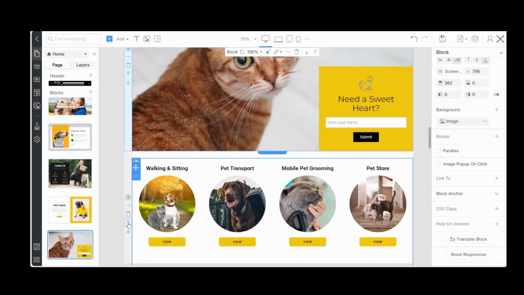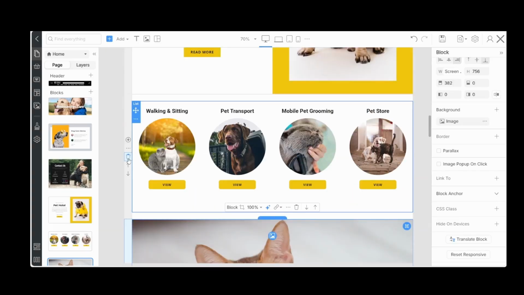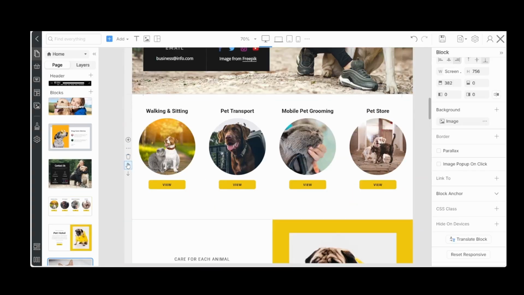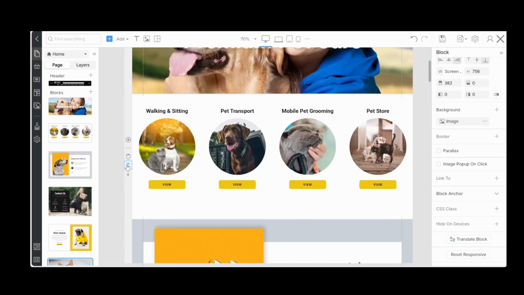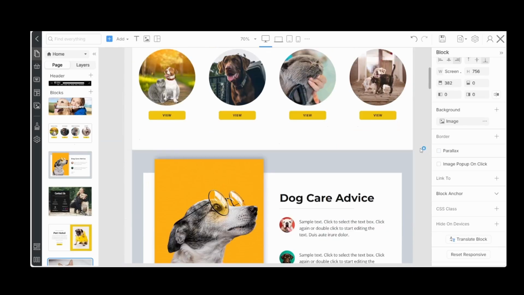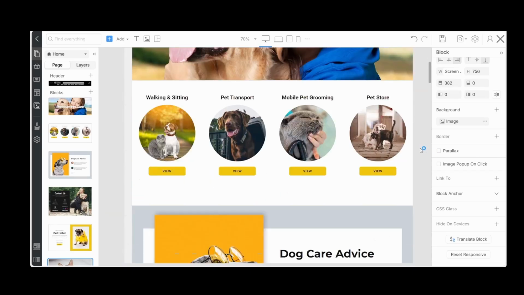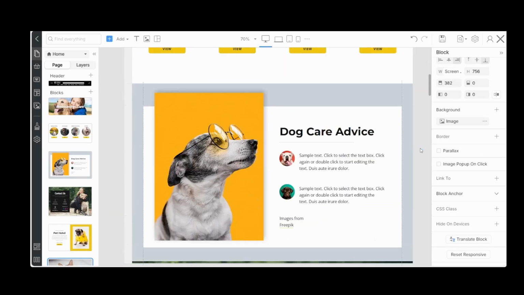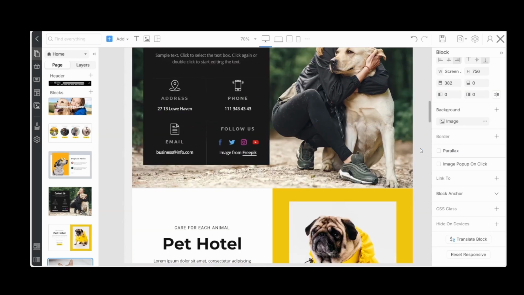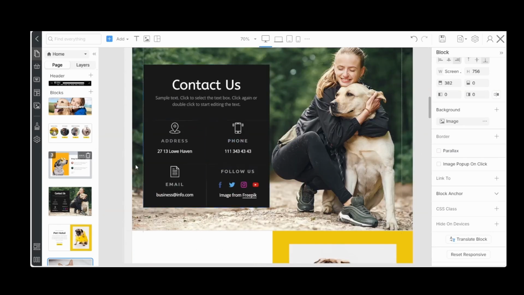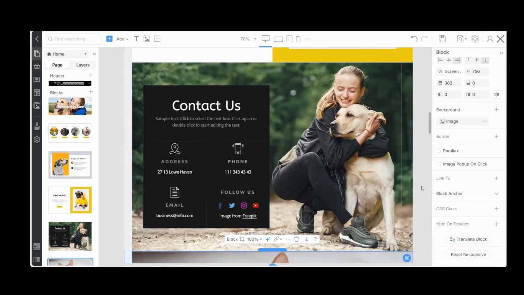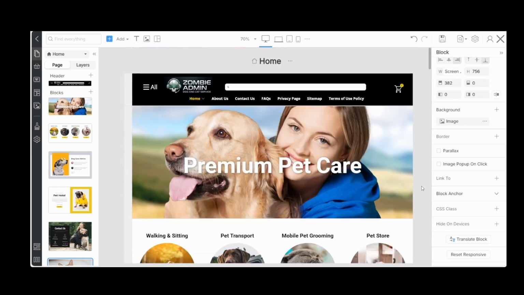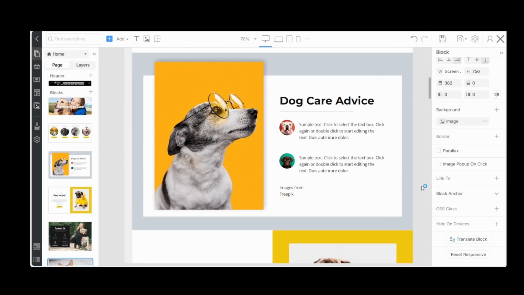Let's move up our block. Looks good there. Kind of like that with there. We're going to move down contact us. And it's starting to flow. Let's save.